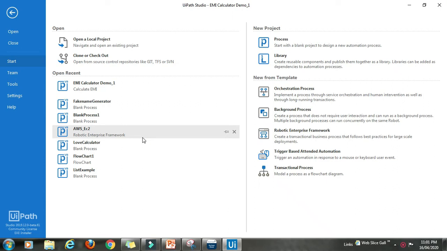Alright, get ready to take a deep dive in coding part of it. As I said earlier, the prerequisite of this exercise is having the UiPath Studio installed on your machine. When you have it installed and open it, this is our landing page. So I'll start a new process here.